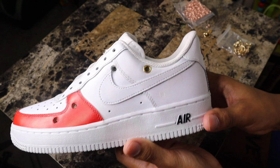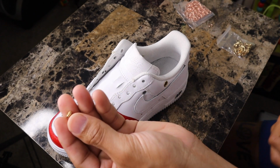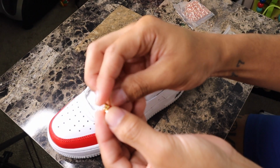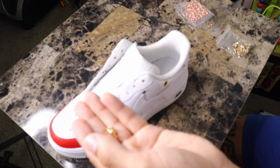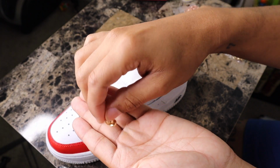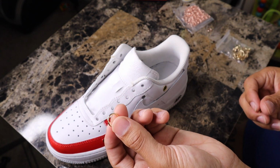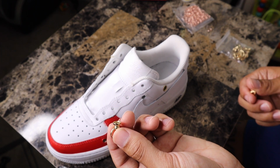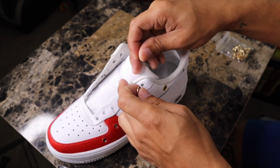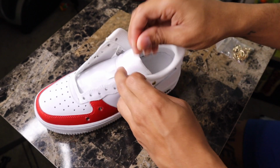All right, so you have that one. Number two, which I would say is my second recommended one, are these loop ones that come with the screw, and you can screw it in the back of the shoe, which gives it a nice firm hold. And it's a big enough hoop to where you can do 2 laces through them. So you can have some white laces or some color laces, and then like a sparkle lace or lace with crystals on it, stuff like that. So like I said, you would drill your hole through and make sure it comes in the inside of the shoe, and then you will just